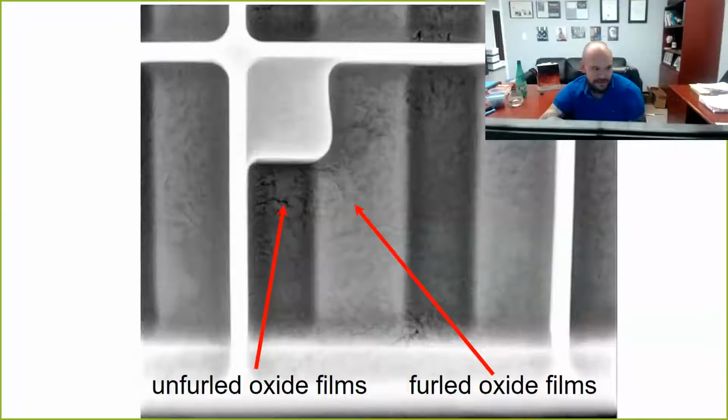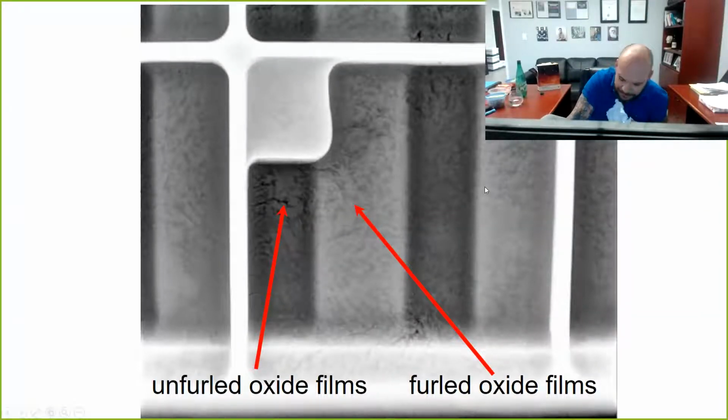And now what also happens is that we get these isolated pools of molten metal in these regions because the feeders start to freeze over on the top surface, and so we lose all our metastatic head pressure. And so you add those three features together, what happens is these oxide films unfurl, open up, and create what's traditionally or nominally known as a hot tear, right? Now going back to the slide that we were just looking at, that defect on the left where it says unfurled oxide film, that would be called a hot tear.